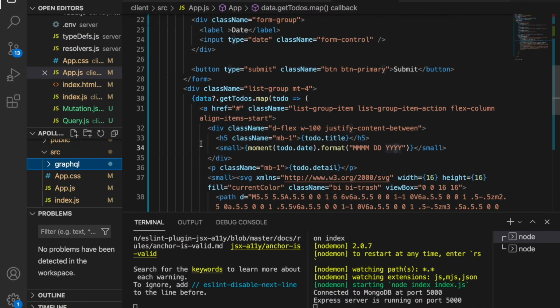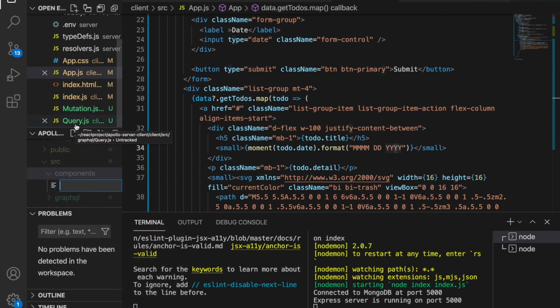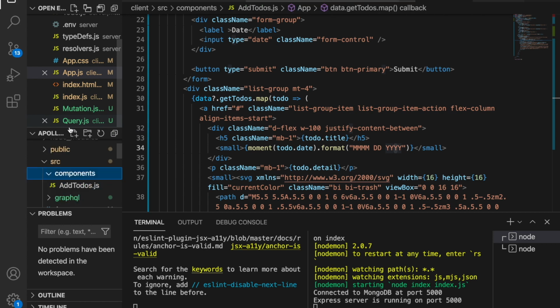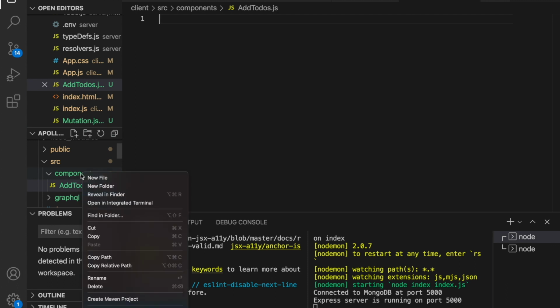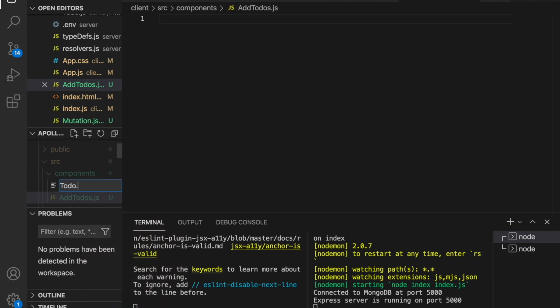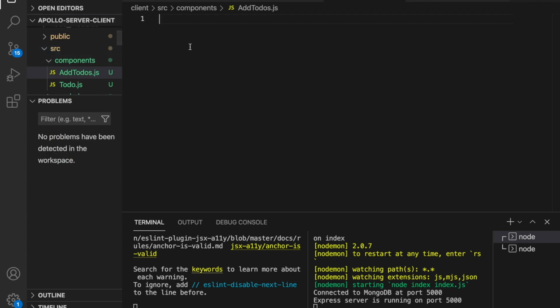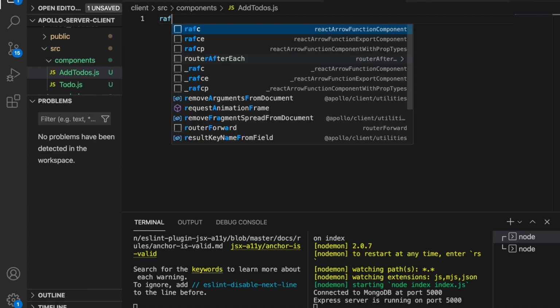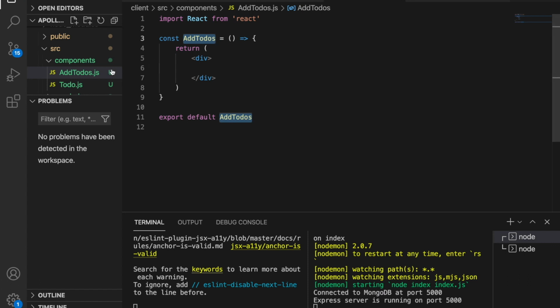In this part, we are going to extract the input form and also the list item into components. So we go to the source folder and create a new folder called components. And then under this folder, we create two files. One is AddTodos, and the other is Todo. And then we type RAFCE, and then we go back to the